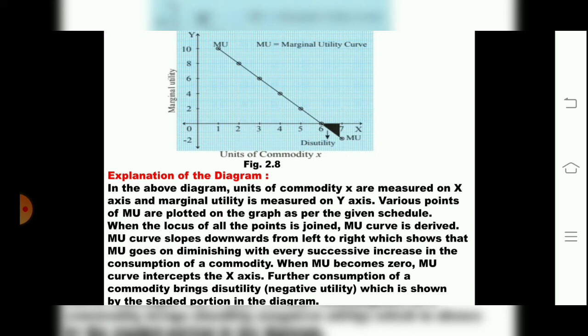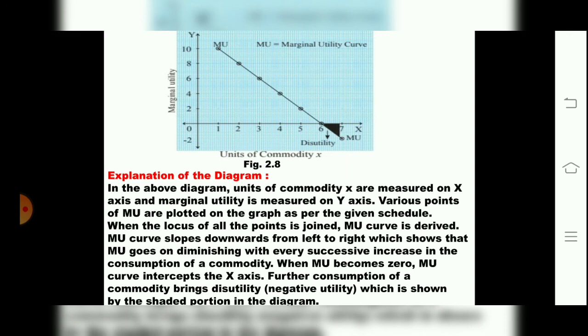So in this video we have studied the relationship between total utility and marginal utility, where we have seen how the relationship shows the point of satiety, that is the point of equilibrium. After studying that relationship, we went to the law of diminishing marginal utility, that explains the law of DMU. So the introduction will be there, then whatever the statement of the law, that will be there. Afterwards the diagram, explanation of the diagram and table. So according to this pattern you will write the law of diminishing marginal utility.